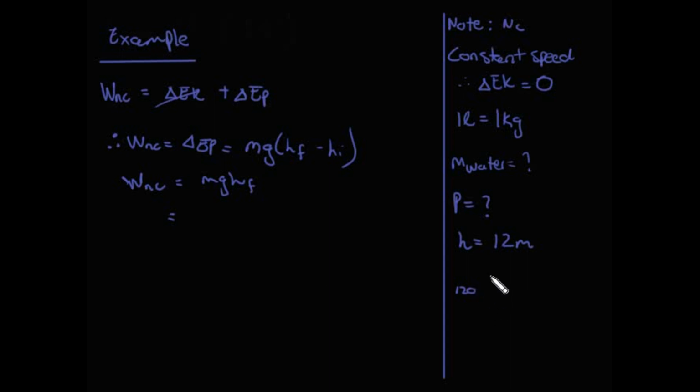So 120 liters per minute times 1 kilogram over 1 liter, which is equal to 120 kilograms. So the mass of water is 120 kilograms multiplied by 9,8, which is gravity, multiplied by 12. Therefore, the work of the non-conservative force, let me put NC there, is equal to, I'm doing this live on my calculator again,